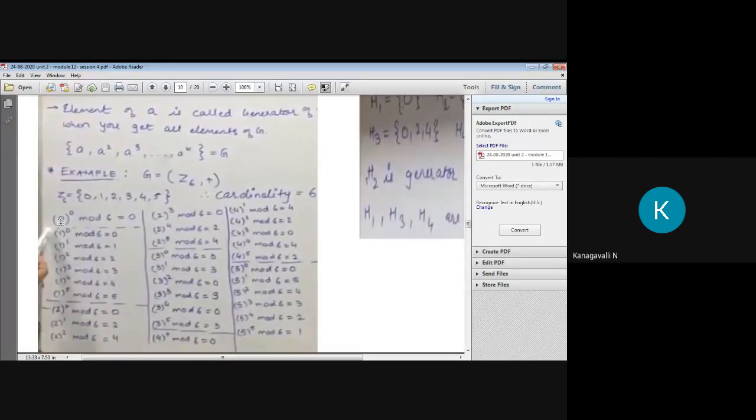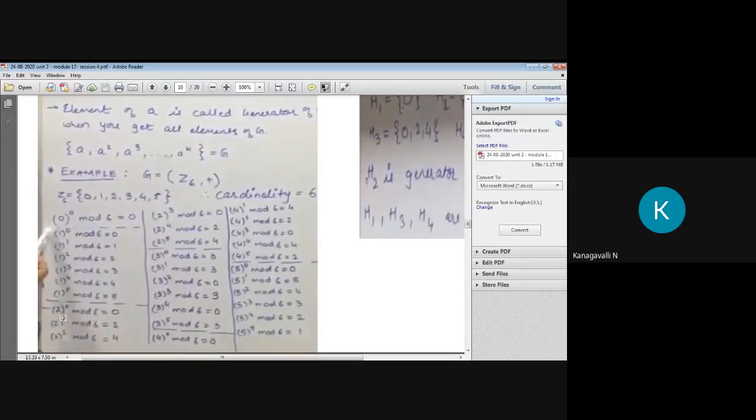So okay, I am writing from the given data a^k mod n, right? So what is the a^k chosen by us, right? Here a is the first term. What is that? 0. So 0^0 mod 6 is 0. Then choose the next one. What is the next element? 1. So you have to do all the integers using this, right? So 1^0, 1^1, 1^2, 1^3, 1^4, 1^5. Similarly, for all the integers, you need to calculate up to the integer 5.